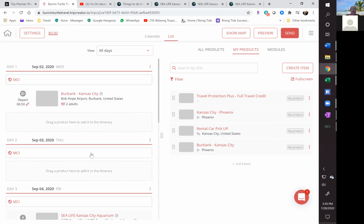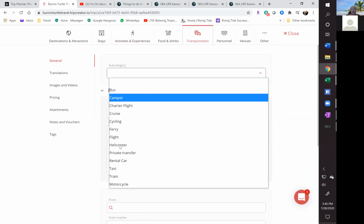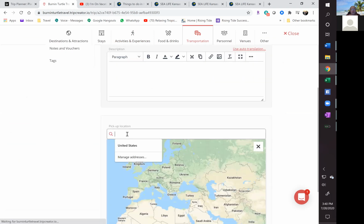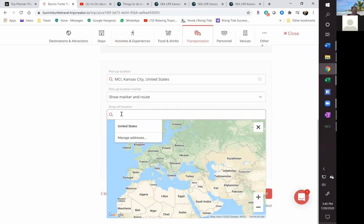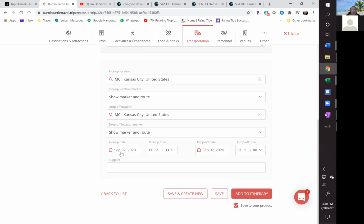Now I want to go ahead and add in their rental car, right? So I can create an item. I can go transportation. I can go ahead and do rental car. And then rental car, whatever you want to call it, right? And then pickup location is going to be MCI right there. And then drop off is going to be MCI right there. So, okay. And then we're going to pick it up